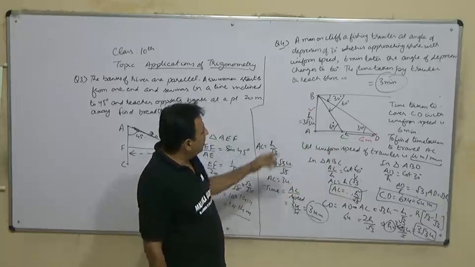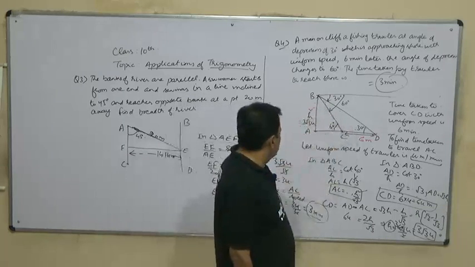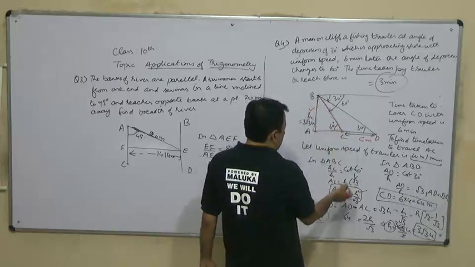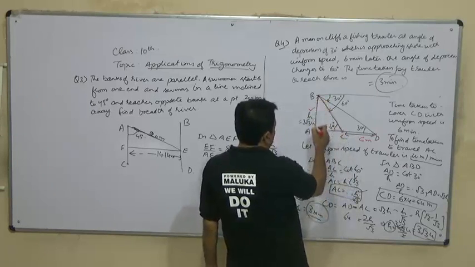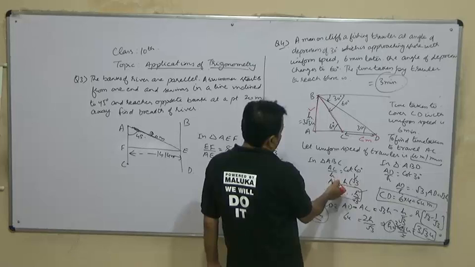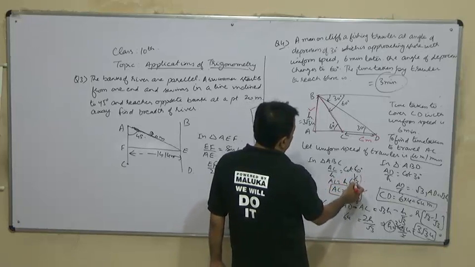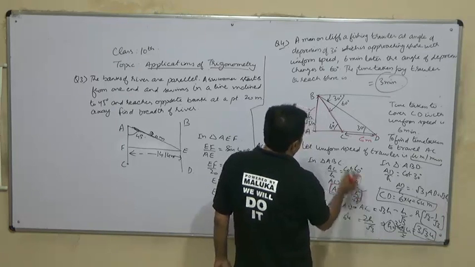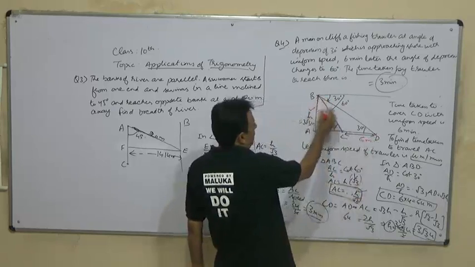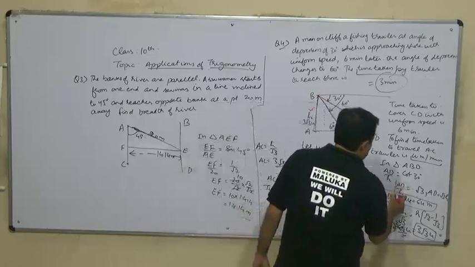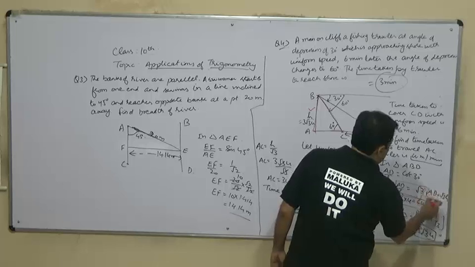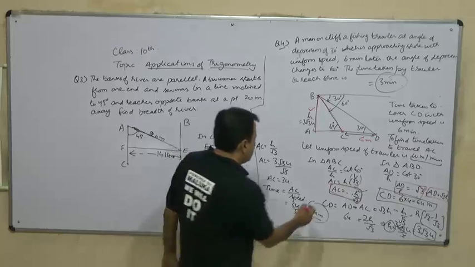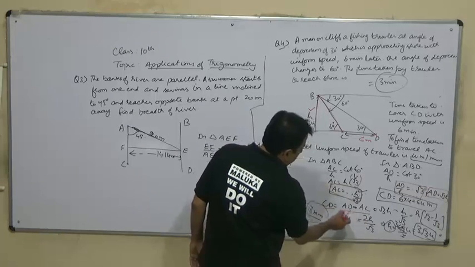For that, these angles are 30 and 60. First we have taken triangle ABC. In this, cot 60 is equal to AC upon AB. So AC upon h, so AC will be equal to h into cot 60, which is 1 by root 3. AC is h upon root 3. This we have found. Then we find AD by using the other triangle ABD. So AD is equal to root 3 h. Then we find CD by subtracting AC from AD.